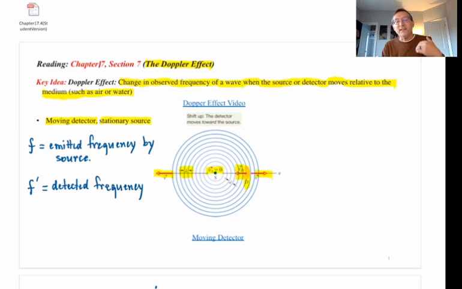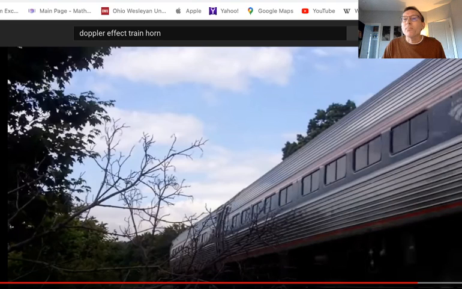That's the main idea. That's how you get F prime to be different from F in this case. The motion of the detector results in a different number of wavefronts per second being detected, and that's what gives you the different frequency. Now I want to show you that on a Wiley Plus animation. We'll actually do some simple calculations with simple numbers so that you can see a little bit more clearly, hopefully, what I'm talking about. All right, so now let me go to a Wiley Plus animation